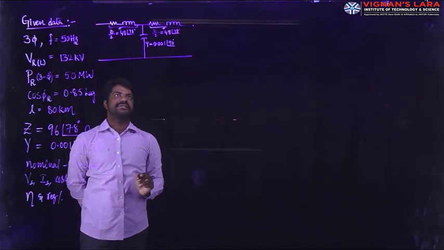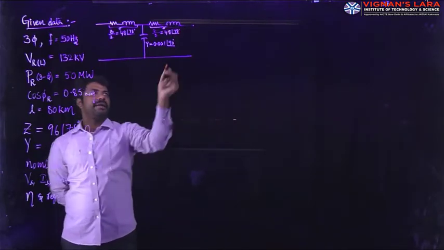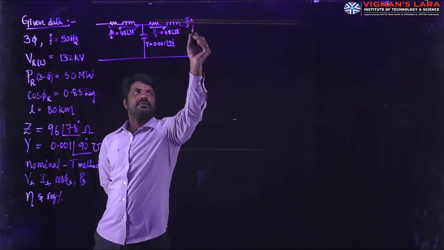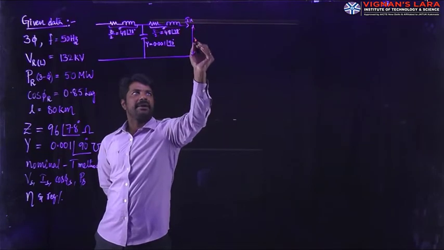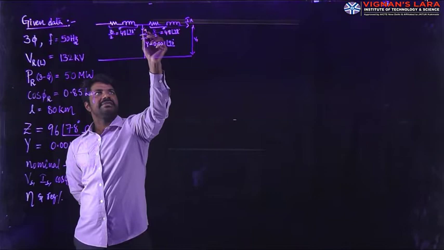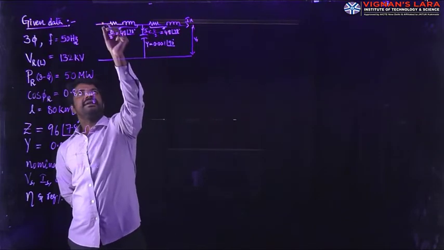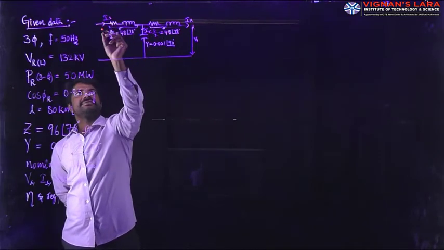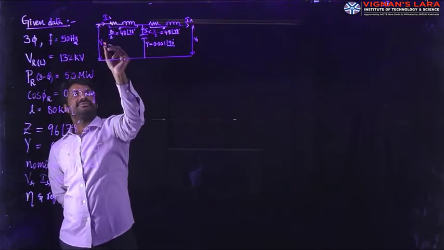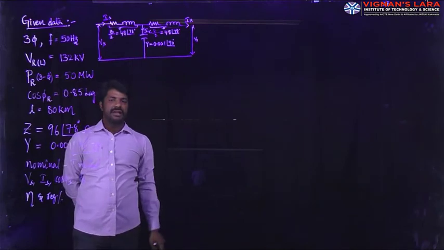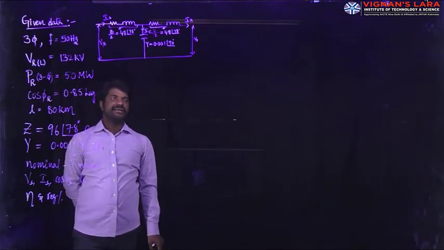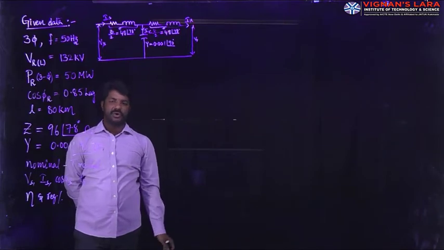These are the constants and parameters given. We know that the receiving end current is IR with a voltage of VR, per phase values. The current in this branch is called IC, and the current in this is called IS, with the voltage at the input side or sending end side as Vs. This is the nominal T representation. So first we will start the calculations on the receiving end side as per our known values.